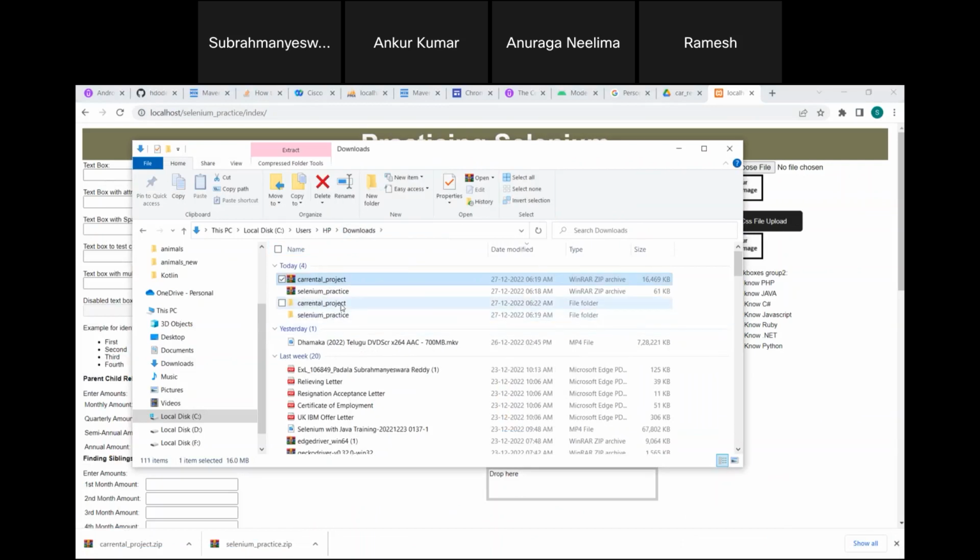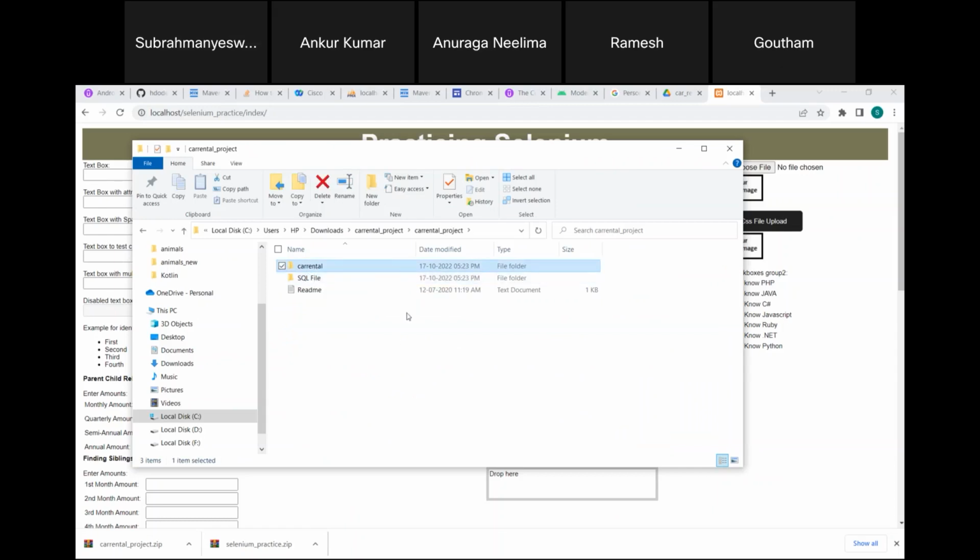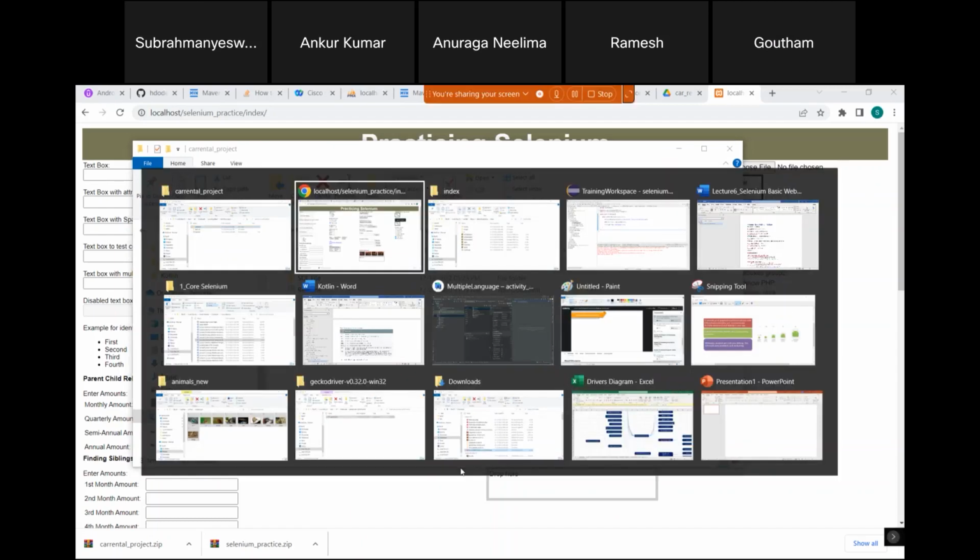Okay, so now the car rental project is unzipped. Once this is unzipped, just go into the inner folder where you see this car rental. Copy this one. You don't need to copy it from the parent folder, like car rental underscore project. Just copy this car rental and put it in